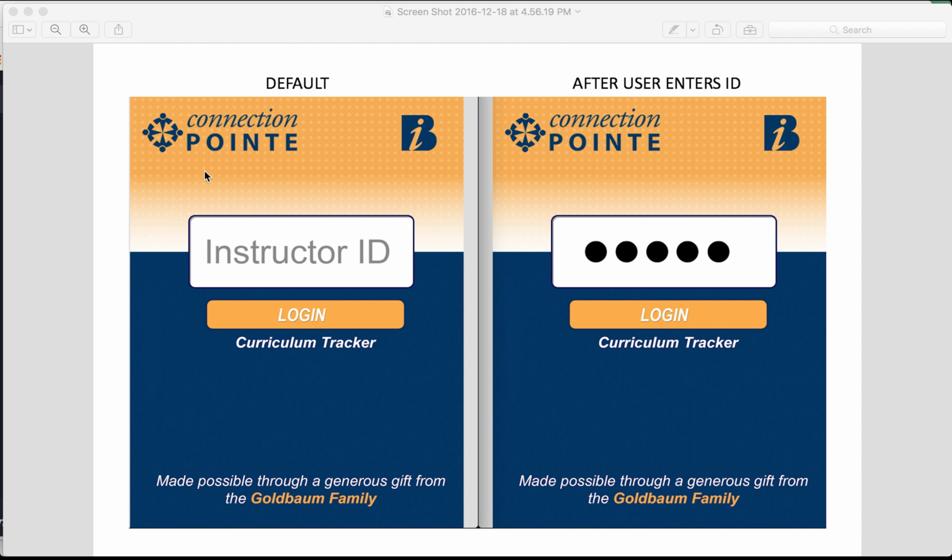So I've dropped this background. This is the login page. I've dropped just a clean PNG that is measured to fit. By default, it should just say instructor ID, and then when they type in their 5-digit code, it's going to